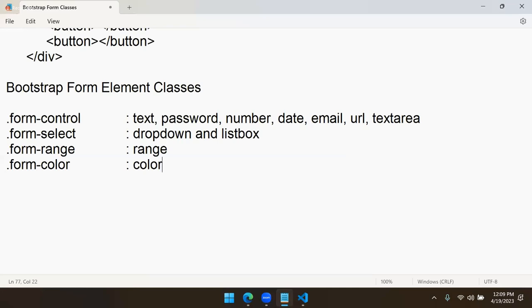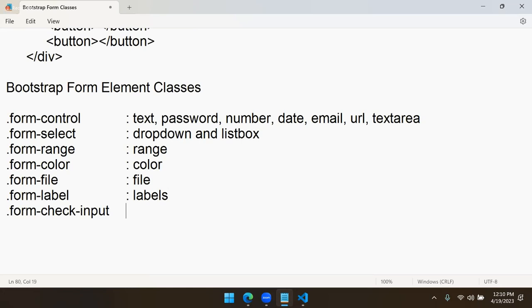So these are basically... We have form label. Form label is for labels. If anywhere label is there, you can apply form label. Next, we are having the classes called form check input. Form check input, it is for radio and checkbox. We have form check